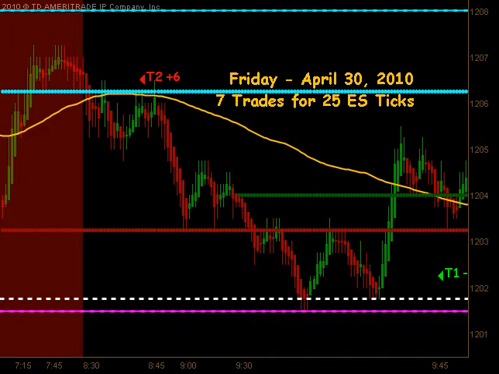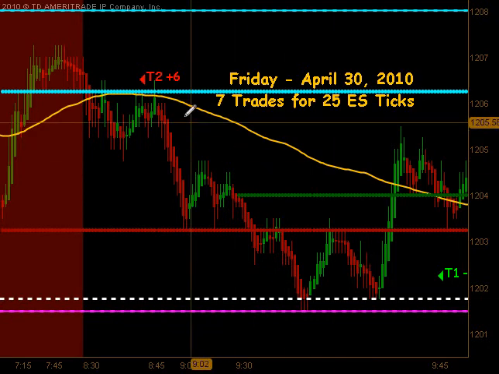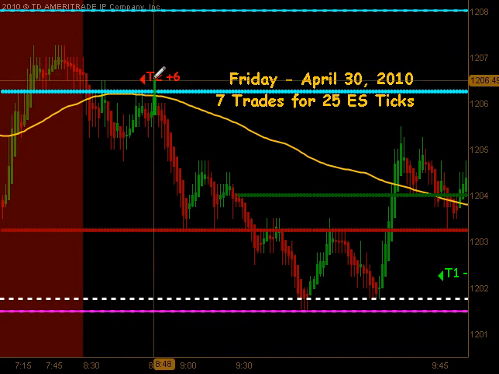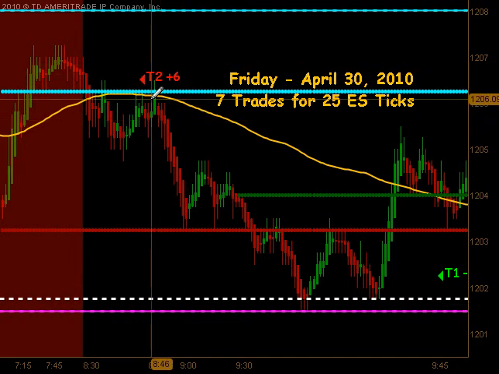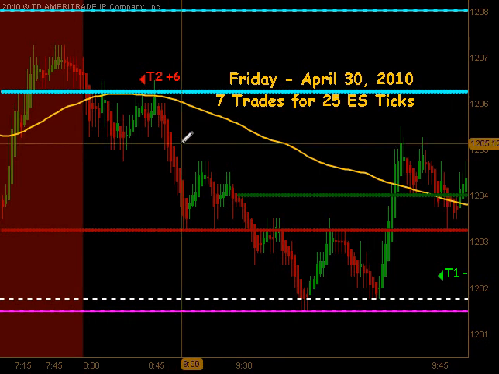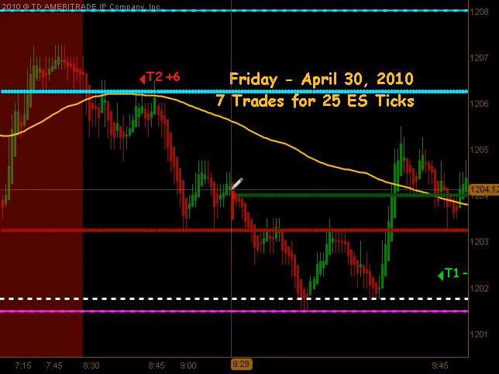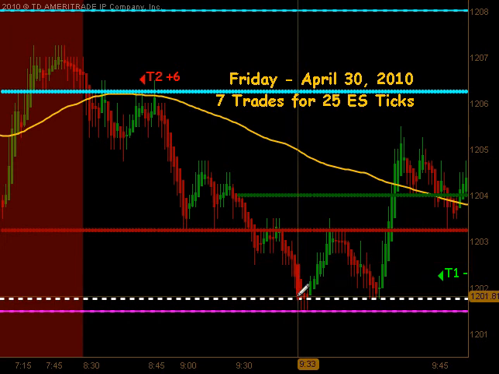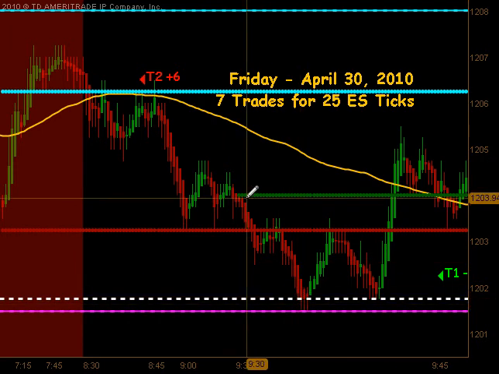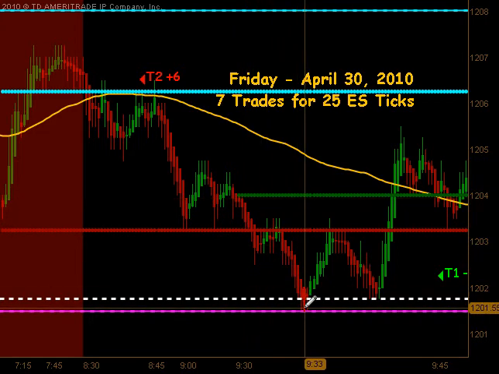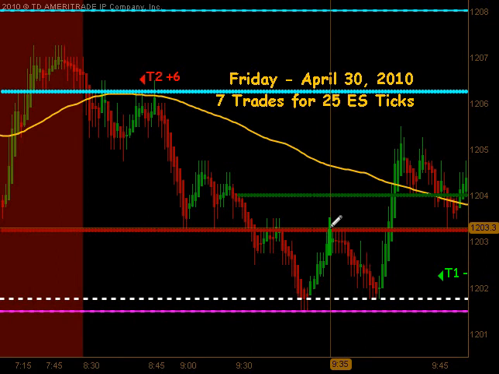Okay, we started off this morning with a pre-market gap setup. Sorry about that. Instead of a T, this should be a G. And we did get a signal to get short that produced targets 1 and targets 2 to the downside for 6 ticks, as we traded down into our Globex low and down to our daily pivot, opened up right around 1204. Got down to our Globex low, found some support, bounced back up to our 4 o'clock close, back down